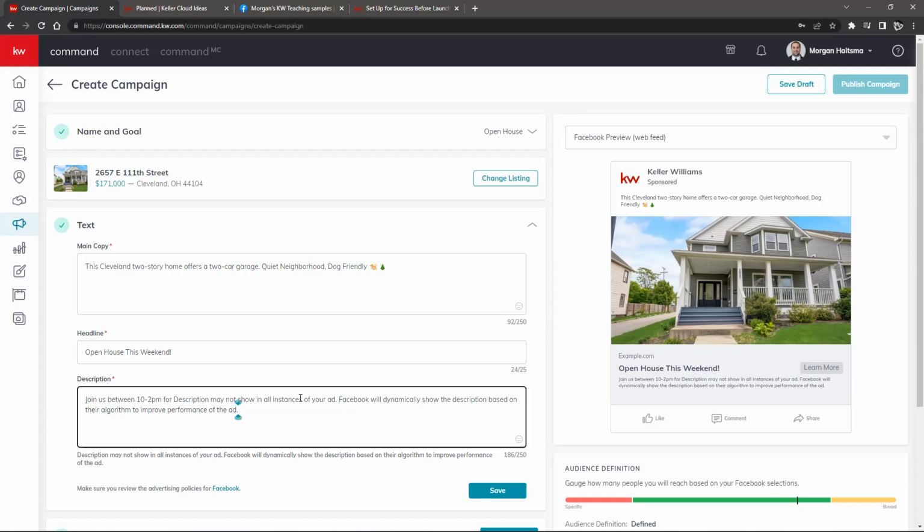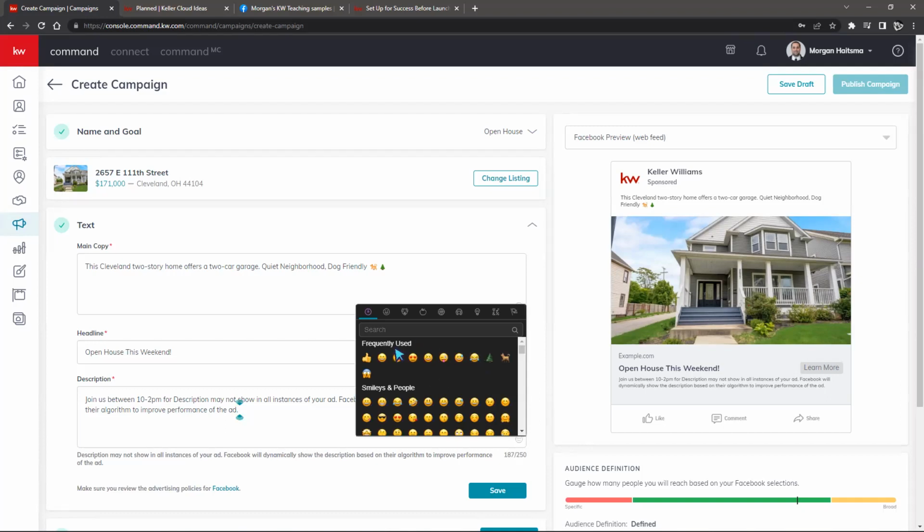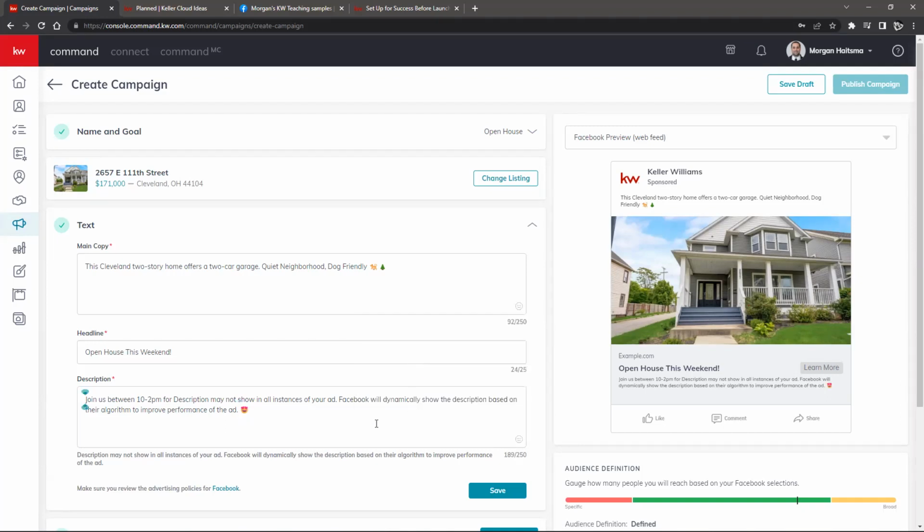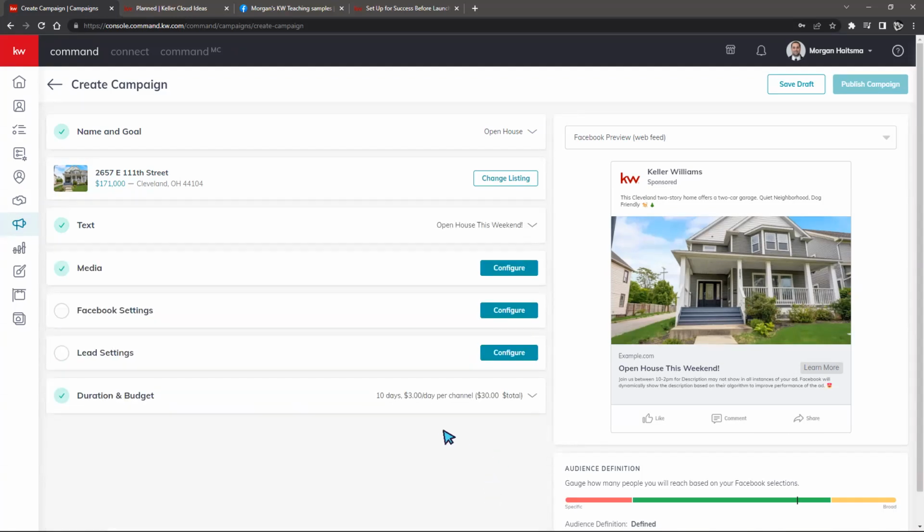So again, you have the emojis on the descriptions as well. So there we go. And then we will hit save right here. Next, we have our